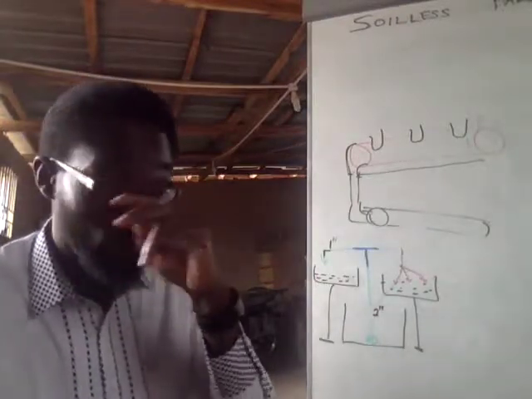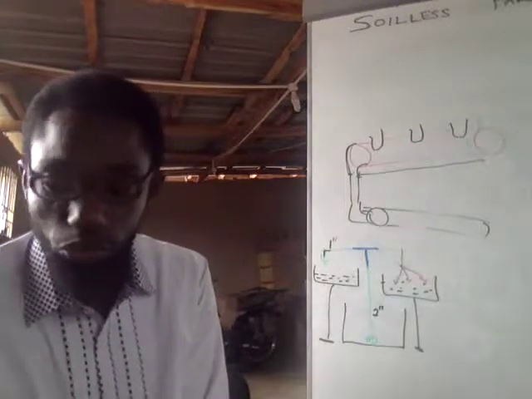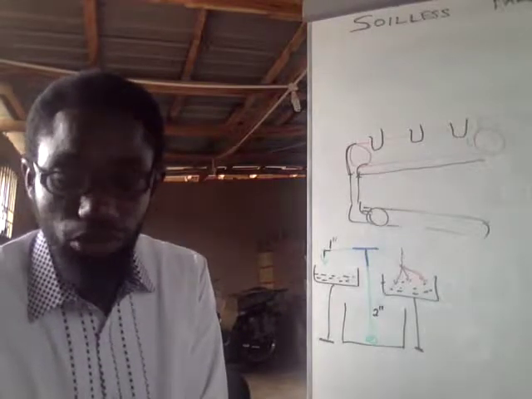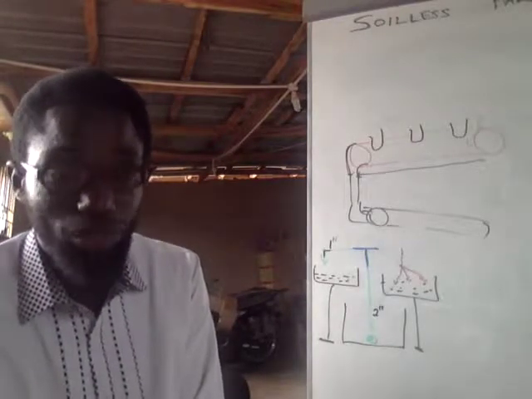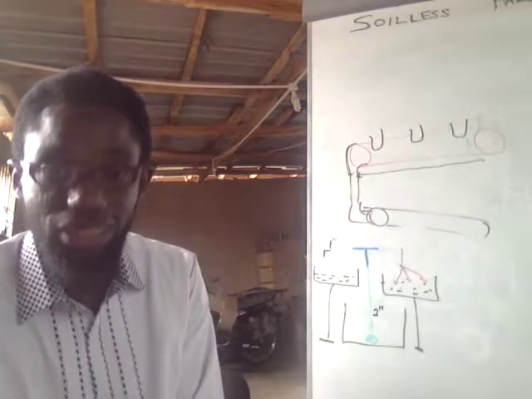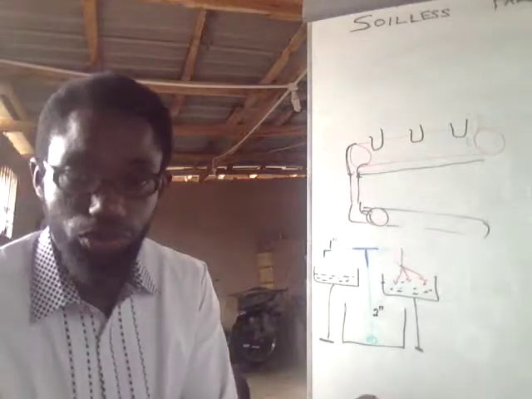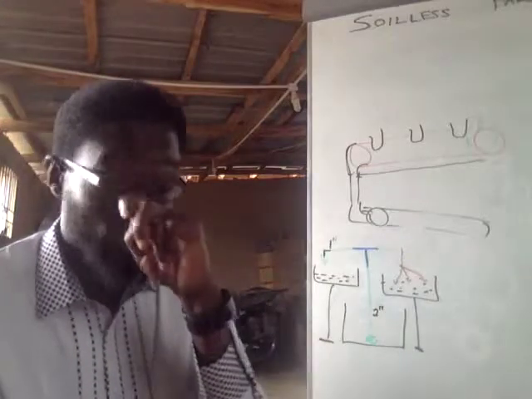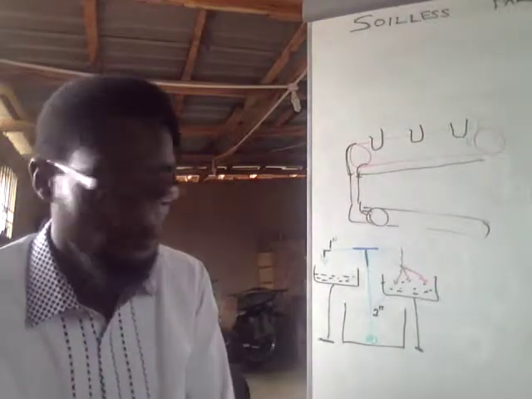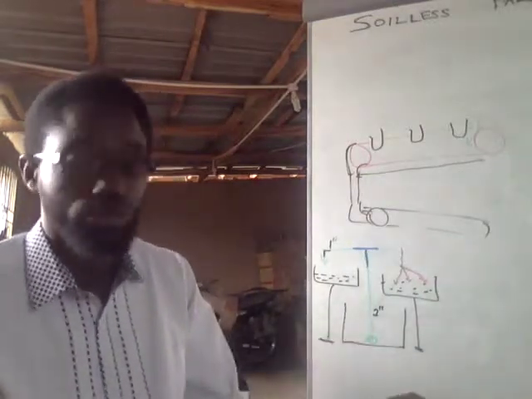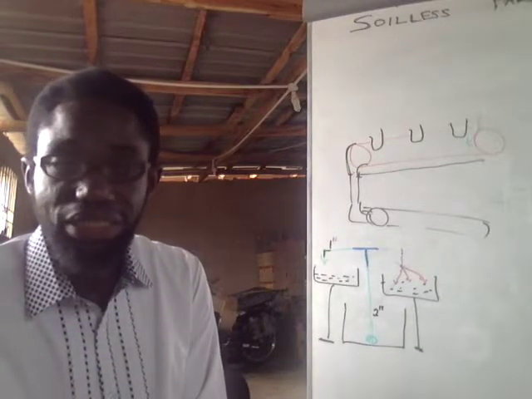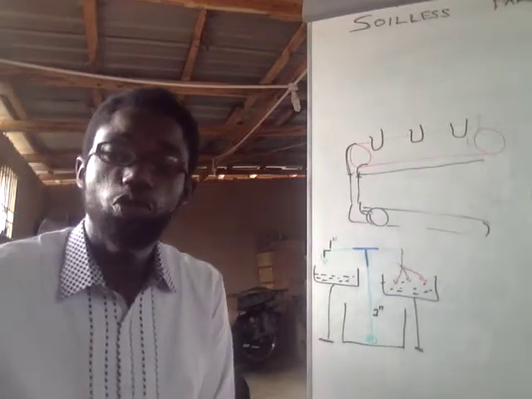Now for your tank, remember we said the things that are important is you need to know the size of what you want to work with. We talked about understanding shapes, understanding your water flow rate. You don't just want the water to be stagnant all through. You want to know a little bit of flow rate. Then remember to create ins and outs, where water comes in and where water goes out. There might be a time you decide you want to clean your pond, so have your in and out. Then, I think that's basically it. So in the next class, I don't want this to be too long. We will then look at